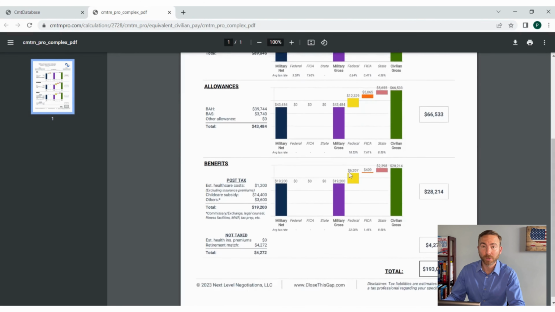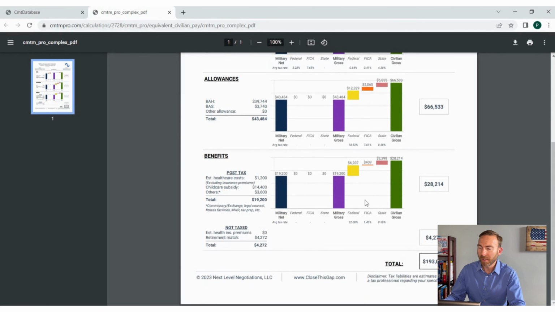The after-tax or post-tax benefits require a lot more money to be earned to net the same amount he currently does, or in some of these cases, the amounts that he will have to pay out of pocket additionally because he'll be a civilian and no longer in the military. So the child care subsidy and the others that he currently saves on, he'll have to pay that difference once he becomes a civilian. And lastly, the BRS retirement match is the same, and the total is the same as